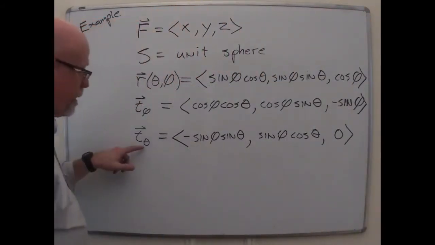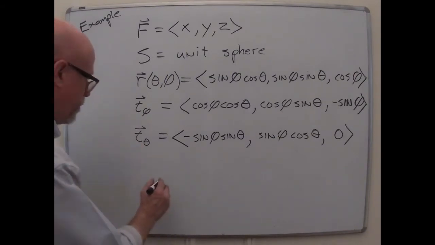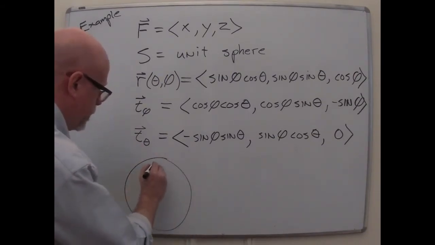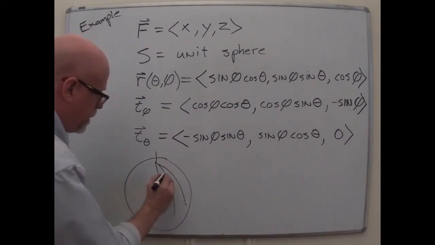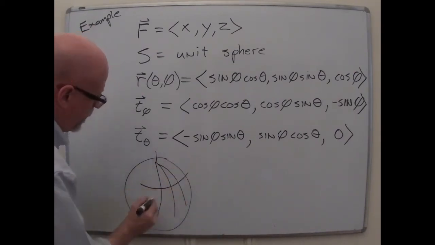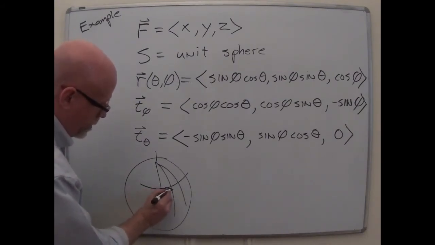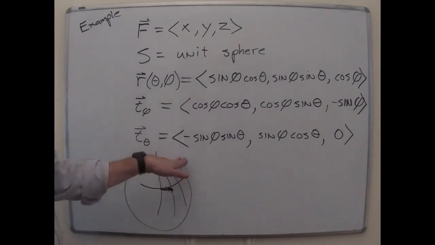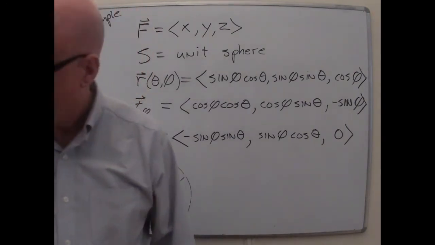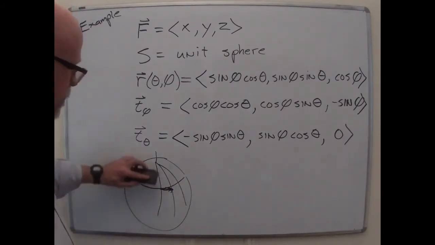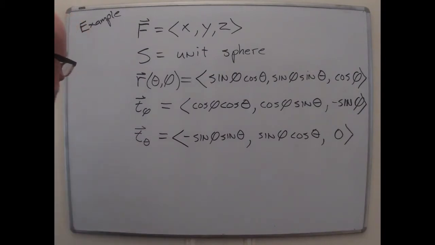Which, by the way, that makes sense if you think about it. The theta direction tangent vectors, if you were to imagine yourself on a sphere, there's the North Pole, lines of longitude would be coming down like this. Lines of latitude go that way. And theta changing is following a line of latitude, because it's a vector that points more or less horizontal as you go around. That's a terrible sketch, but I was just trying to give you a crude idea that changing theta should make a thing that has no z-coordinate, or a 0 as a z-coordinate.